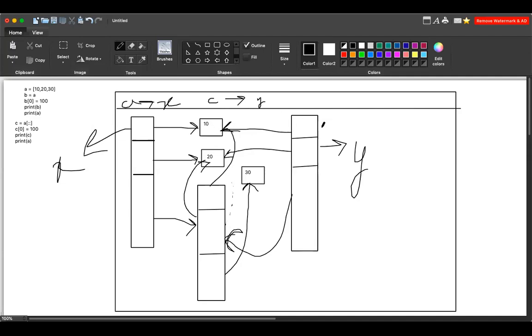This will create a new reference. This reference will be deleted and it will create a new reference, so it will not make the changes to it. But when you come here, if you make any changes, let's say